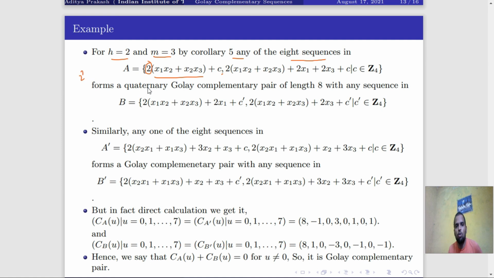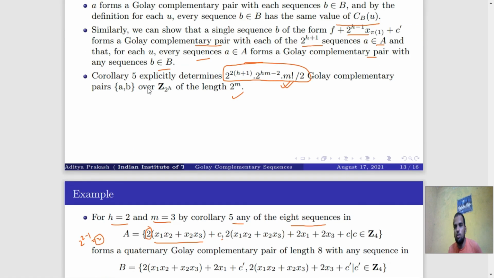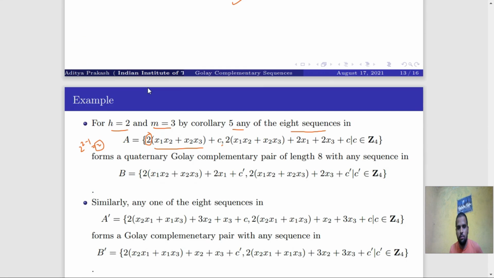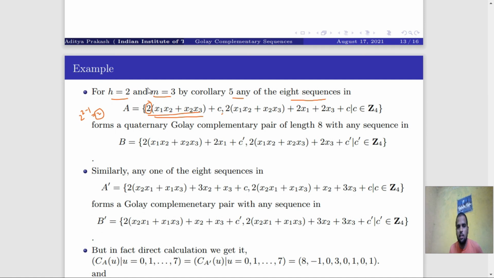How does it come to 2 to the power 2 minus 1? That means 2 we get, because you see, what is the value of h? h is 2 and m is equal to 3 we put. Then when h equals 2, that means 2 will come, and m equal to 3 put, that means k is equal to 1 to 2. That means the total is 2 terms. When k is equal to 1, x1 x2 and a2 is put, then x2 x3. That means this, and similarly this and this are defined.